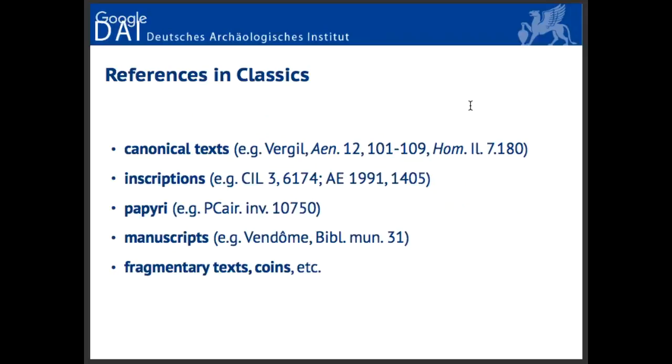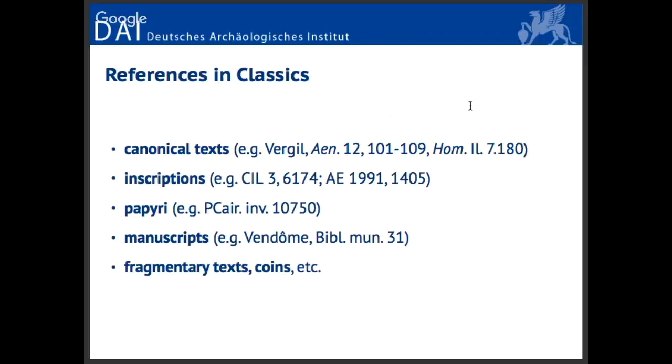So first of all, just a slide to say what is out of scope for me. I'm focusing only on canonical text, so text that can be cited according to some kind of logical citation scheme. For poetry, book and lines. For prose, you have books, chapters, and sentences, or paragraphs. And then you have some special cases, like, for example, Aristotle, that I will show in a couple of slides.